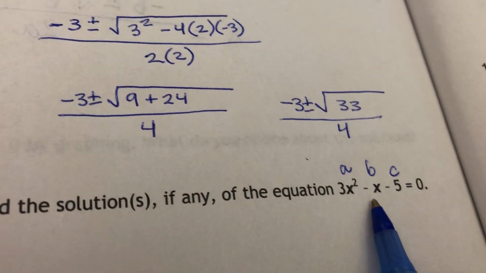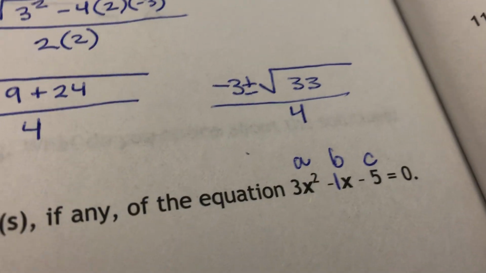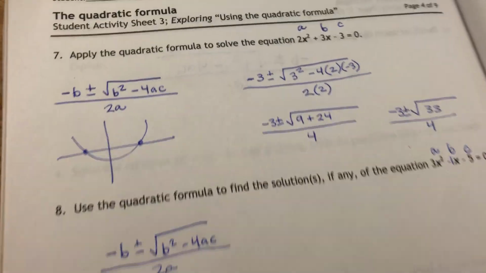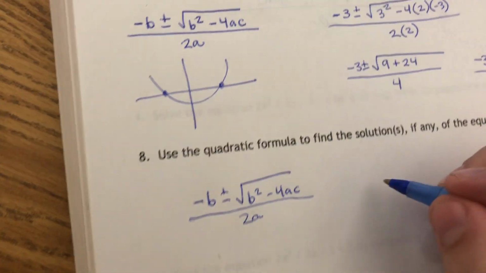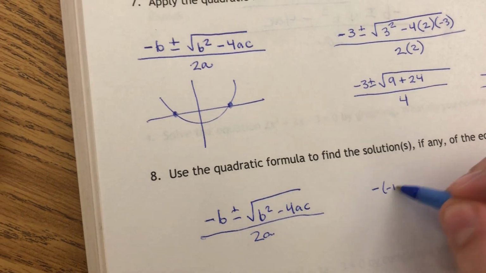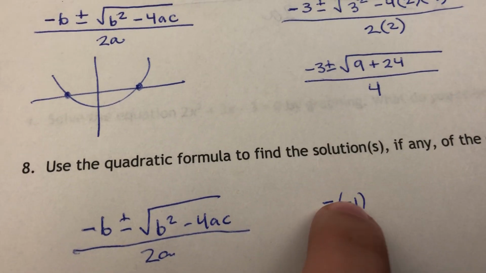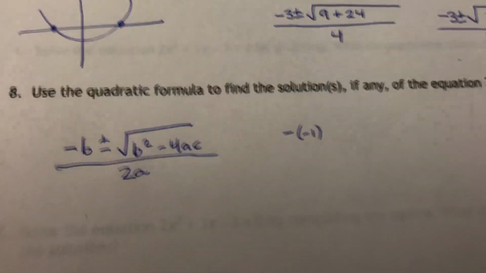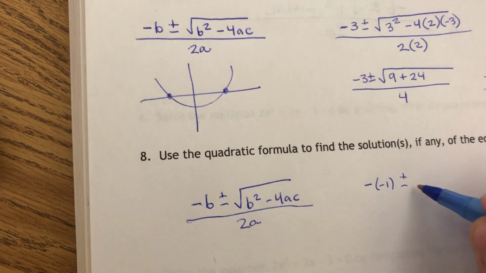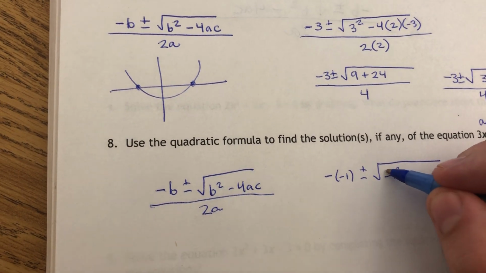Remember that this -x is a -1x, so we're going to plug in -1 for b. Once again, I'm going to start with the b term because that's what comes first in my equation here. So I have -b, so I'm going to have -1. -1 is my b, and it's already negative, so we know right here we're going to have two negatives that make a positive. So really this is going to end up being a +1, but I'm going to leave it like that for now. Plus or minus the square root of, all right, b squared, so -1 squared,